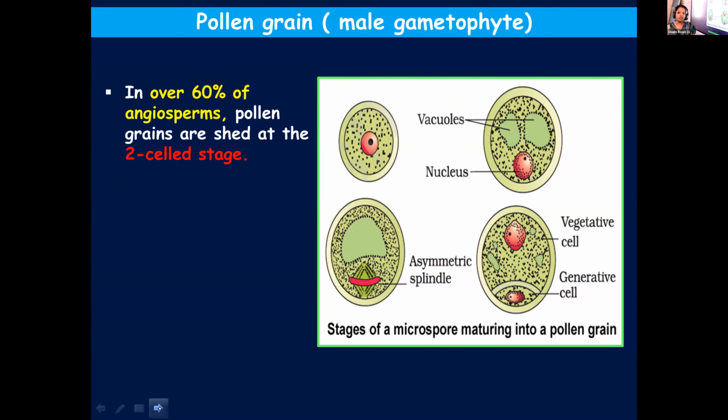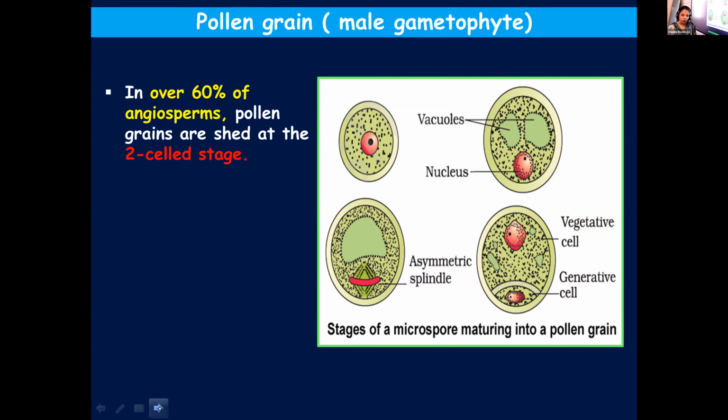Children, what do pollen grains actually contain? What is the purpose of the pollen grain germinating and forming a pollen tube? What is being transferred through the pollen tube? Male gametes. But when we mentioned the vegetative and generative cell, we didn't mention male gametes. So they will be formed later.